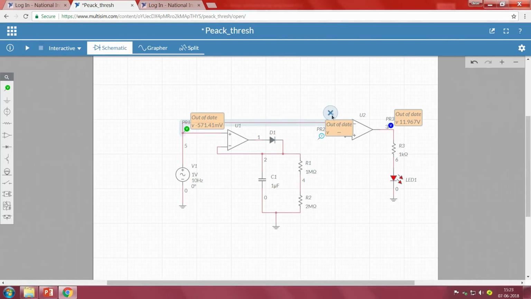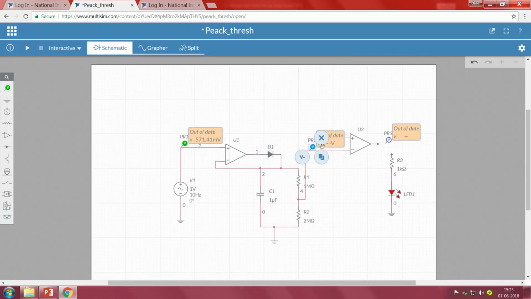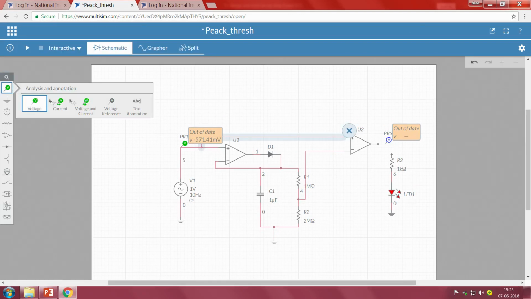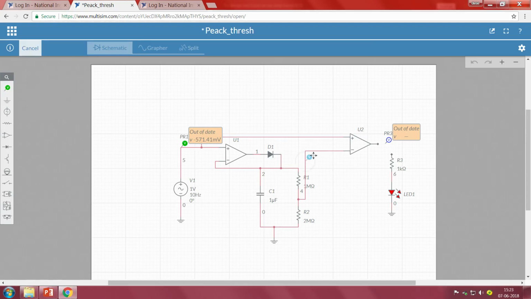I will swap the terminals. This particular terminal should be connected to here and this is here, and this particular terminal should be connected here, that is the input, and here I am going to measure the threshold value. Okay. Now let me run it.